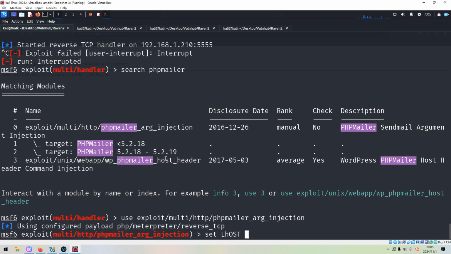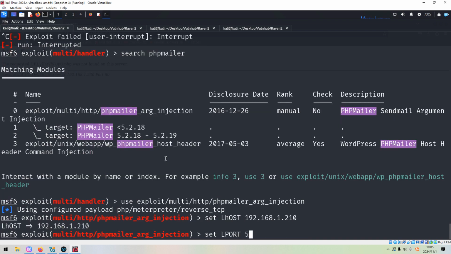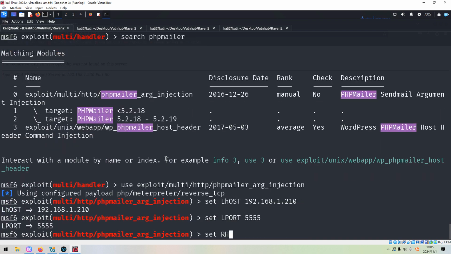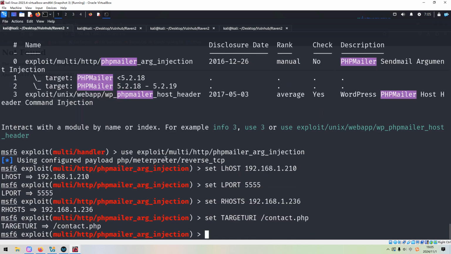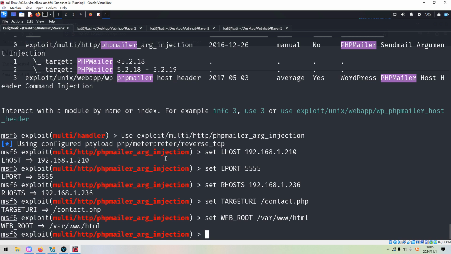Set local host to our Kali Linux. Set local port number to 555. Set remote host to our target. Set target URI to contact.php. Set web root to /var/www/html.